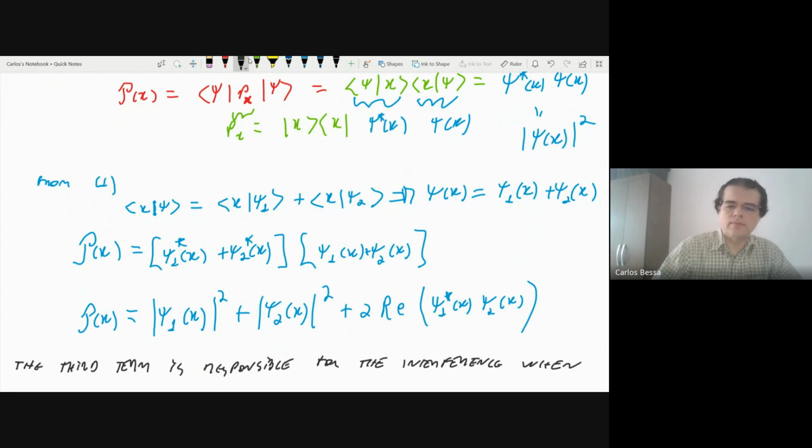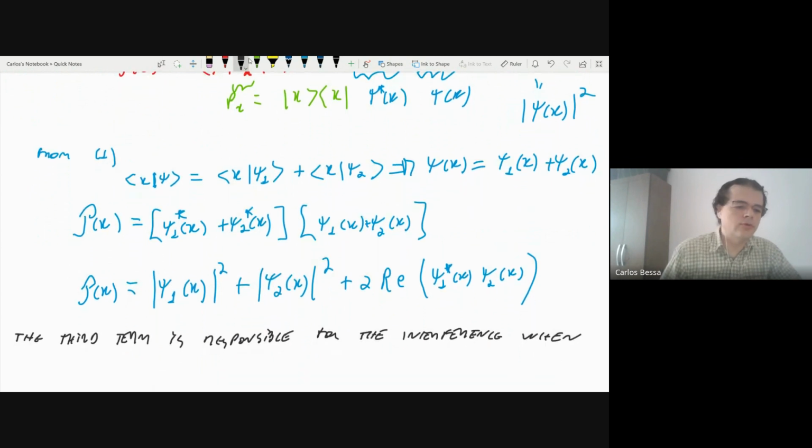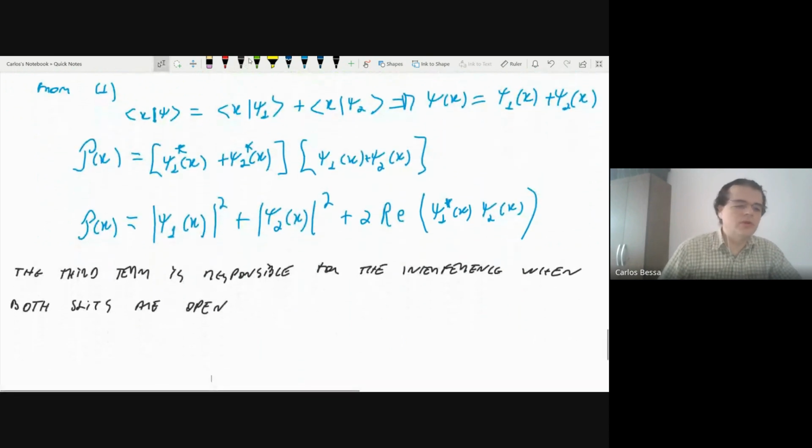When both slits are open. So in the first case, when just one slit is open, let's say the right, so psi 1, we should call this psi r and